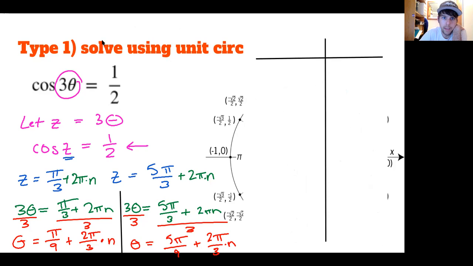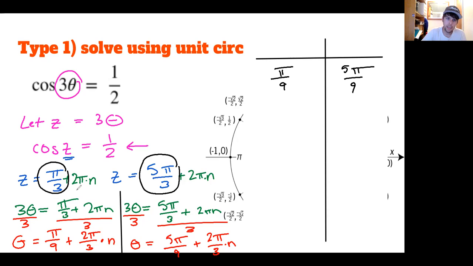Our two base solutions are pi over 9 and 5 pi over 9. We got those from just simply taking the angles we found on the unit circle, substituting in the 3 theta, dividing by 3, and getting these solutions. These are solutions. But we're saying if we add some multiple of 2 pi over 3,